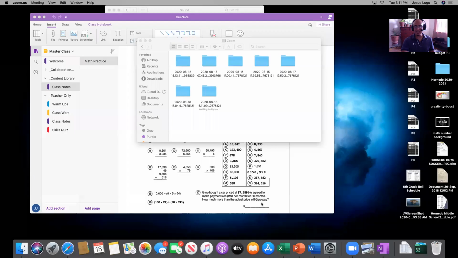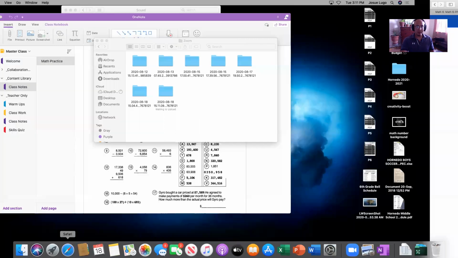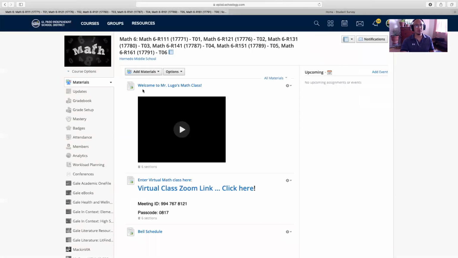So before that, let me review how to access your OneNote, especially if you've never accessed it before. That's how I'm going to begin. Obviously, let me share my screen and let's go to Schoology. By now you should be familiar with how to go to Schoology. If you don't remember, or if you're using a different device than what you normally do, you can always go to